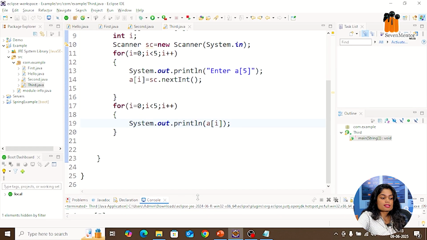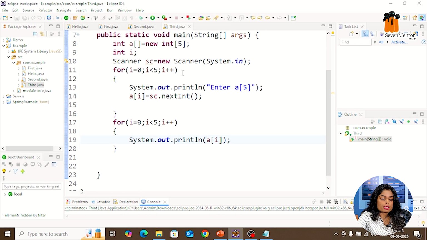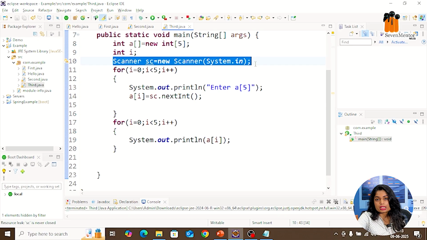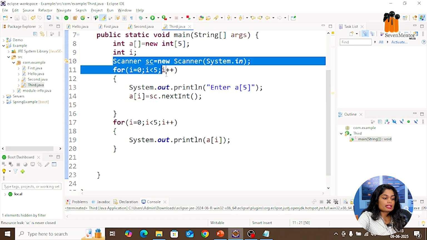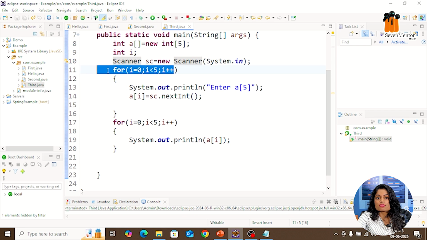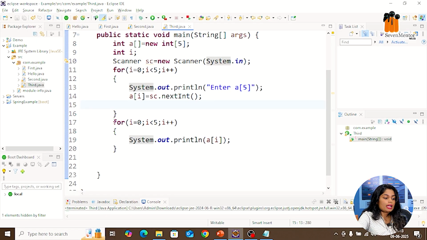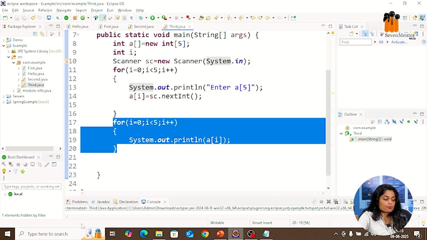Array means what? It is nothing but a collection of similar types of data. So same like here, we first declared the array, which is the one-dimensional array. Then we declared the Scanner class because we want to take an input from the user. Then we declared the for loop. For loop is for what? Because we want 5 elements, and it is not possible to declare 5 elements many times. Array is a collection of similar types of data, and all the elements we are storing using only one variable. So we are taking the input inside the one variable only, and then using a for loop we are going to print the values.